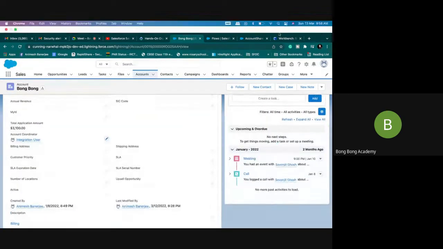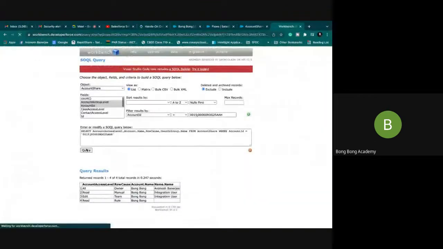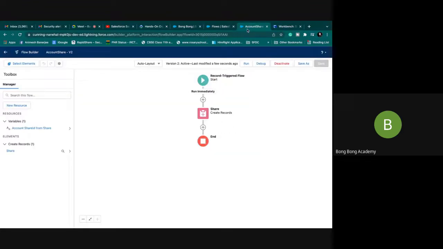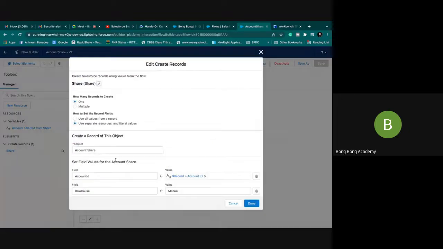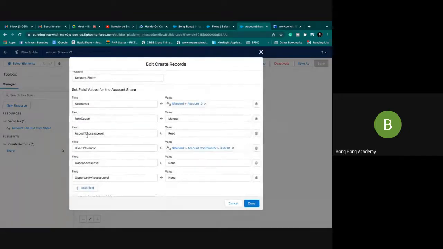Now it is saved. Manual sharing read access is already there, so it is getting deduplicated. Let me check this. I will give this a read write access and change this value to T3 manual.